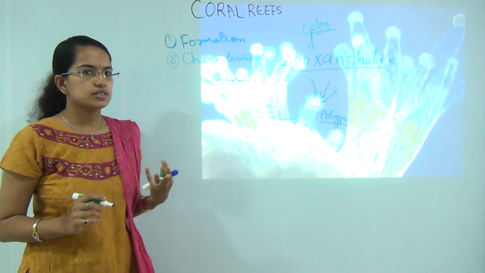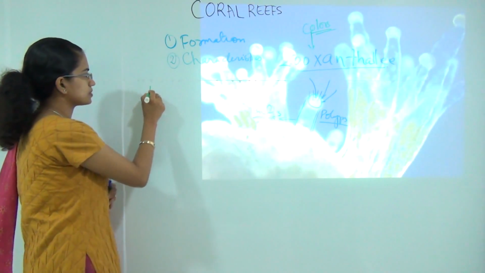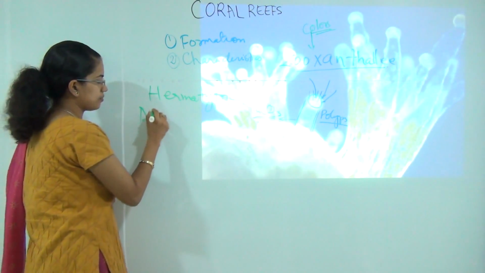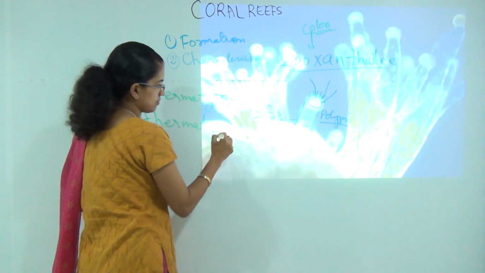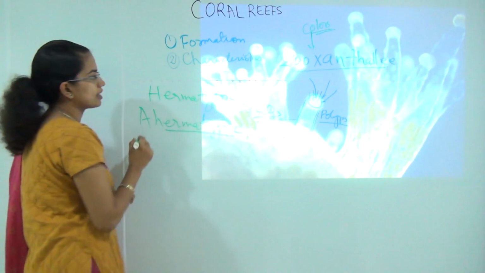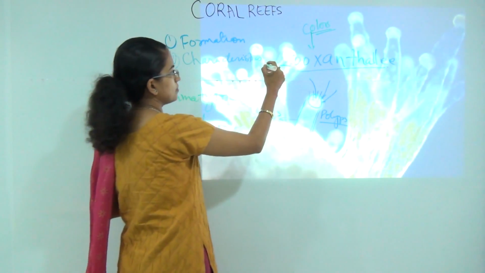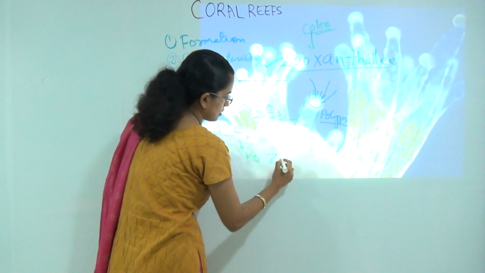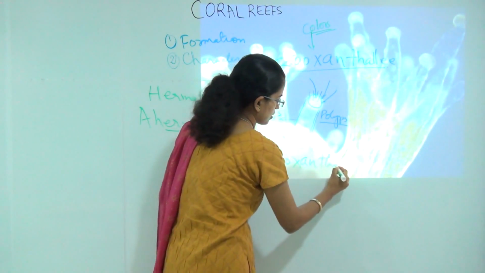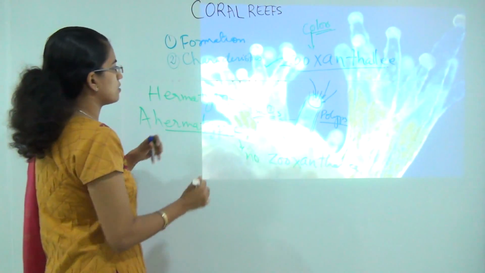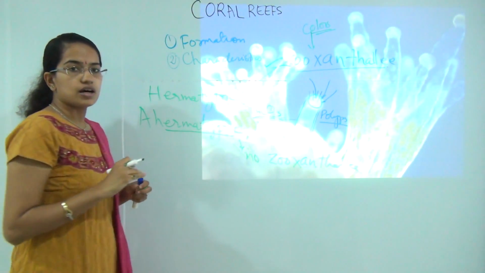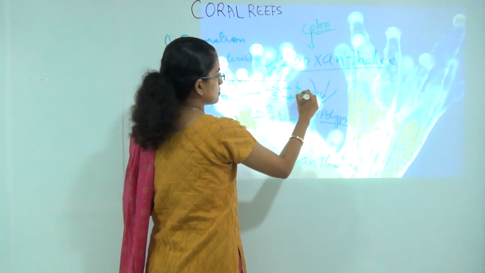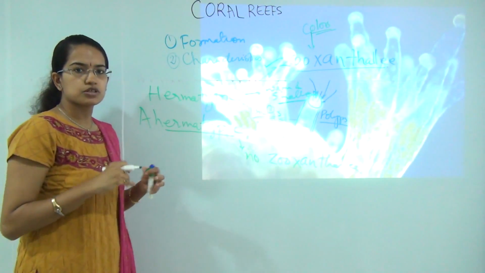Now when we classify corals, we basically classify them into two types. We call them hermatypic and ahermatypic. So hermatypic are the corals that have zooxanthella, and ahermatypic are the corals that have no zooxanthella. Since they have the zooxanthella, they give colors. They are usually found in warm and shallow waters, and they are mainly responsible for the beautiful coral reefs that